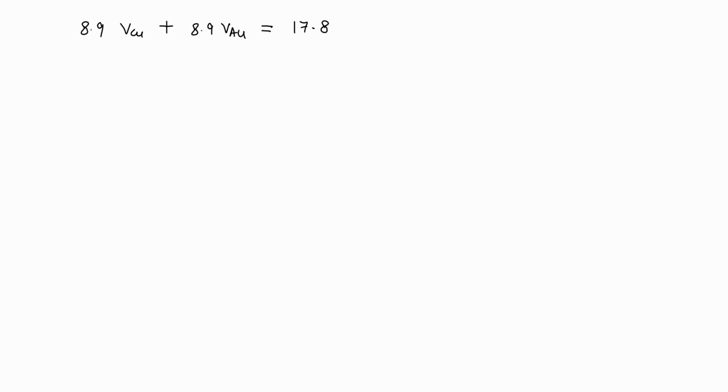And the next equation that we have is 8.9 volume of copper plus 19.3 volume of gold is equal to 36. So if I subtract both these equations,